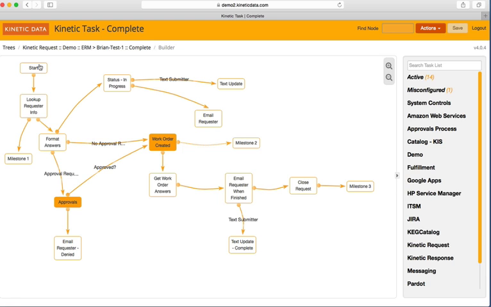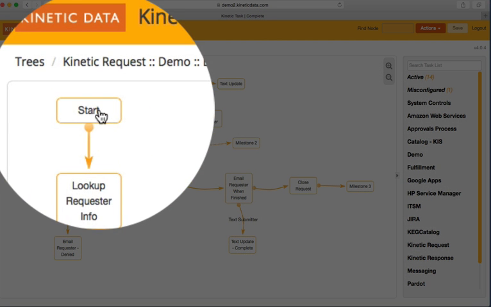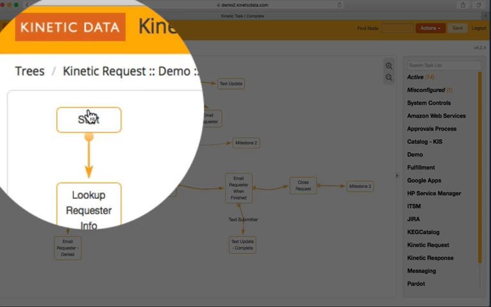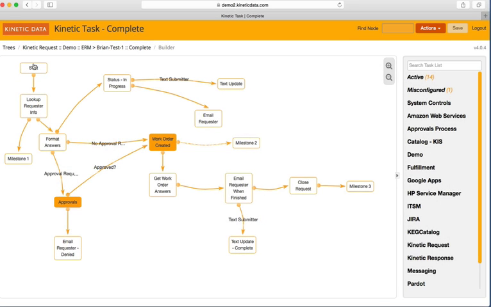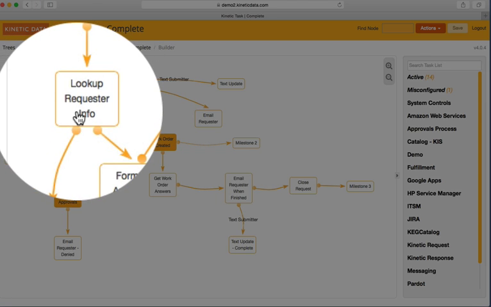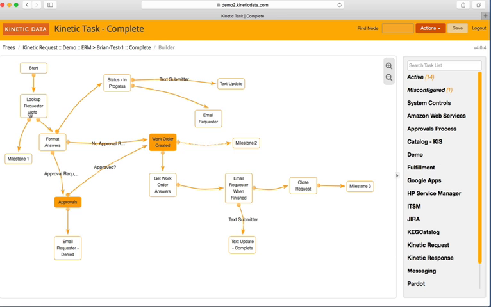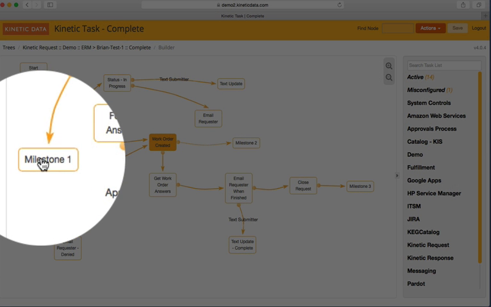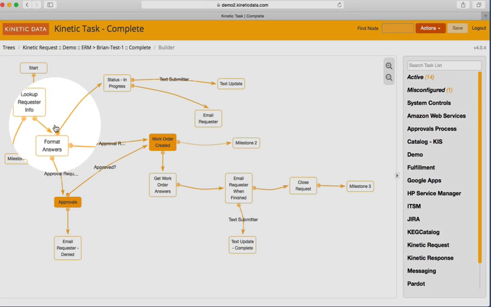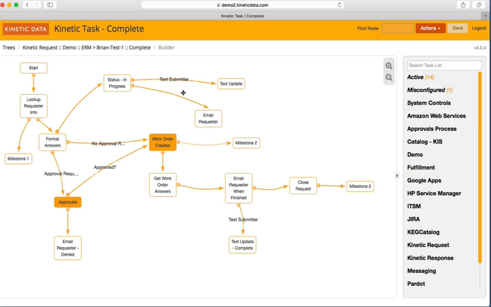You can think of Kinetic Task Handlers as miniature functions that act as building blocks for more robust processes. In this task tree, the start node grabs all of the relevant data, including submitter login information, authentication information, etc., and passes it via the Kinetic Request form to the task engine for use downstream in the fulfillment process. The engine could do things like look up key information in systems of record such as people data, mark things in progress to the front-end system by sending a message back to Kinetic Request, and formatting answers for later use